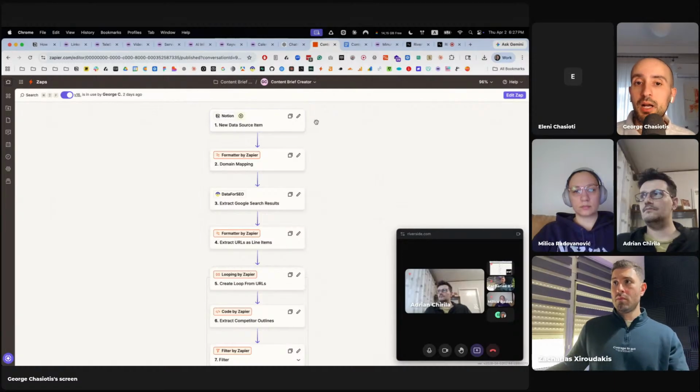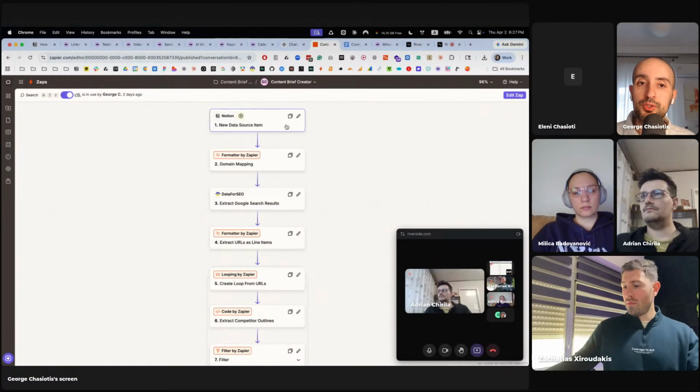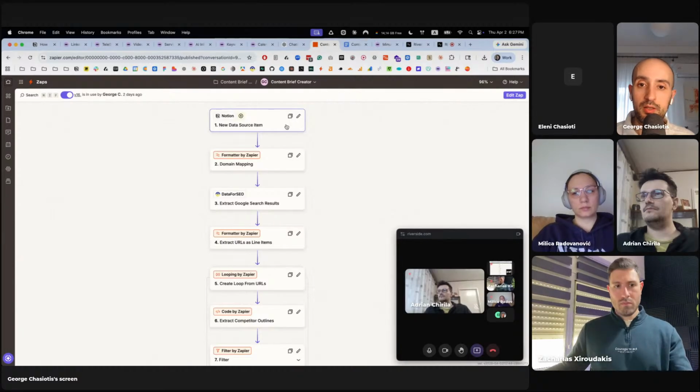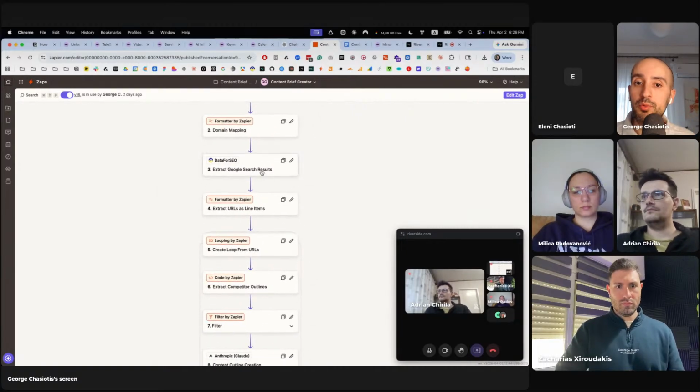But how this works is that our team goes on Notion, because this is the tool we use for project management, and there is a form, and they submit a form, and in that form they have 4 fields. They have the keyword, the name of the client, the country, and they also have the language. The country and the language are, you could argue, overkill, but they are important because they are needed in the third step, which is extraction of Google search results through Data for SEO's